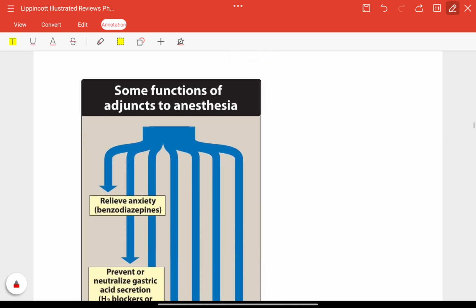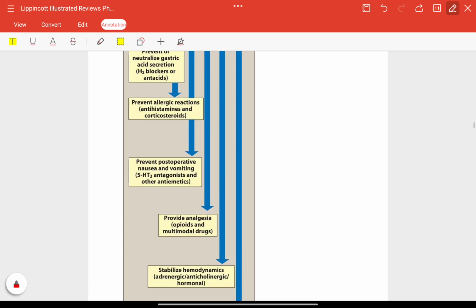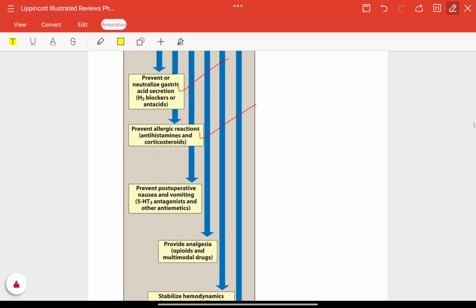Now, some of the functions of adjuncts in anesthesia. Now you can see here: relieve anxiety, benzodiazepines; prevent or neutralize gastric acid, H2 blockers; prevent allergic reaction, antihistamines, corticosteroids; prevent post-operative nausea and vomiting,